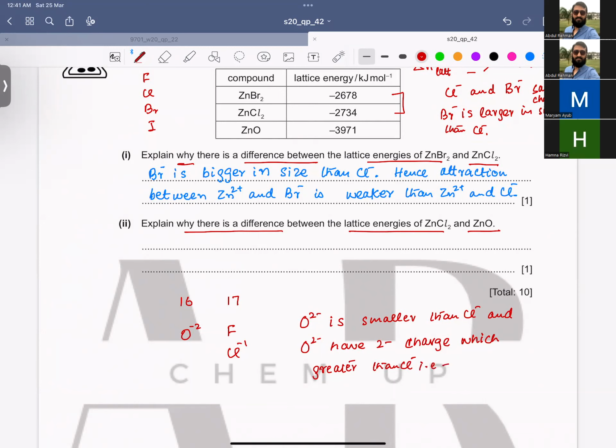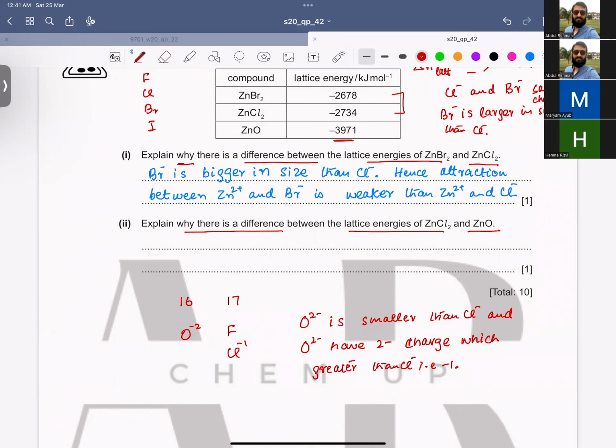That is -1. उसका -1 charge होता है. So zinc oxide की greater lattice energy होने का reason, there are two reasons behind. कि एक तो उसका size भी छोटा है, it's smaller in size, plus it has more charge, and hence